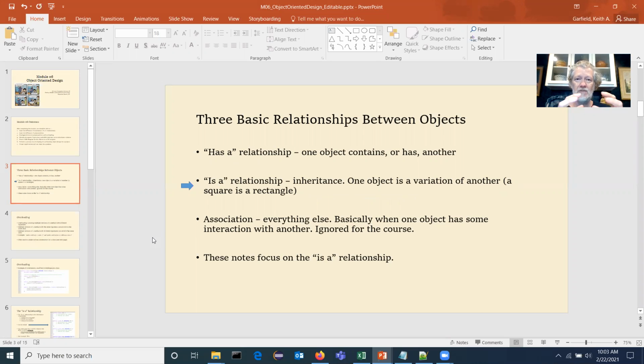Okay, we talked last week about relationships between classes, the HAS-A, which is where one class contains another. So you can build complex objects by having them composed of other smaller objects. And then we have the IS-A relationship, which is the inheritance. That's where we're going to focus in this lecture. Everything else we're going to call association for this class. There are other specific forms of relationships, but we're not going to worry about it. If it's not a HAS-A and it's not an IS-A, but these two classes know about each other, or this class can't do its job without some information from that class, then we're going to call that association.